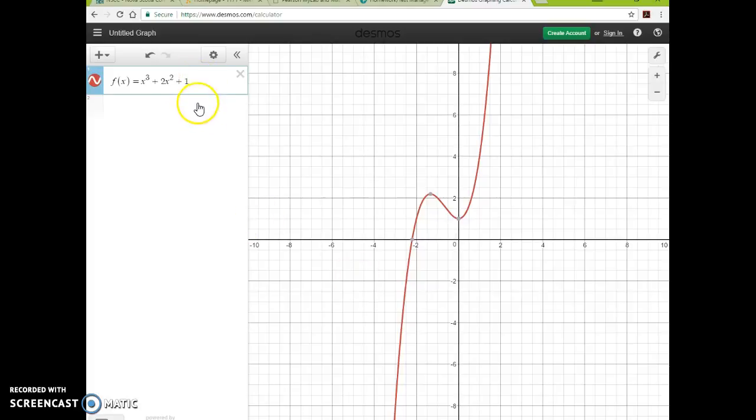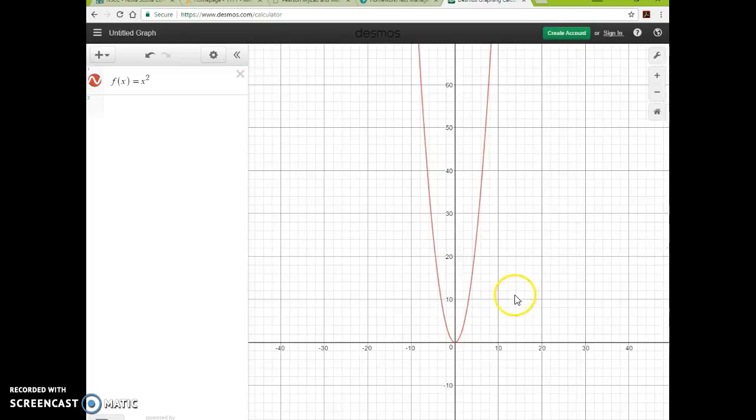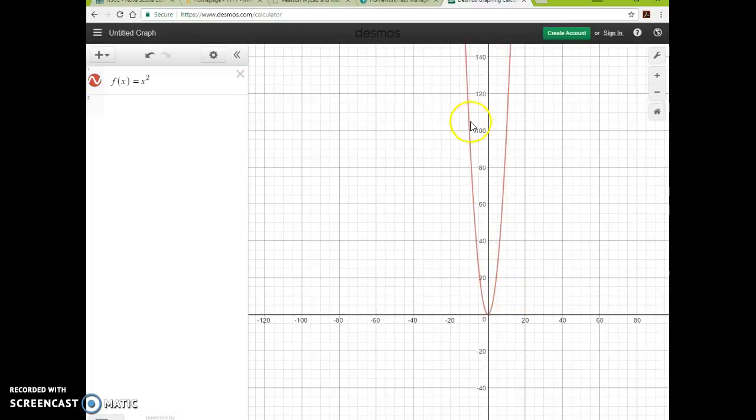Now, let's check out a bit of a different example. Let me go with x squared, just the old standard parabola. Here, the domain of this parabola is all real numbers, from negative infinity to infinity, because this is just going to keep going. If I zoom out, we can see that it's not stopping and it's going to continually spread out,